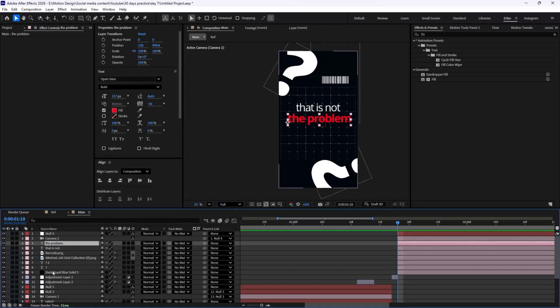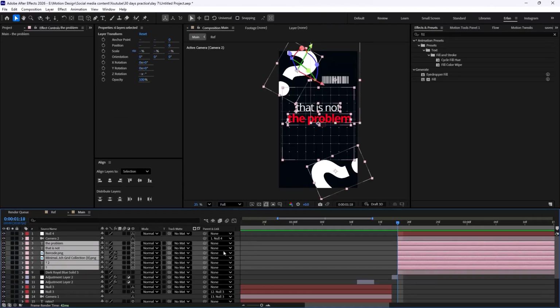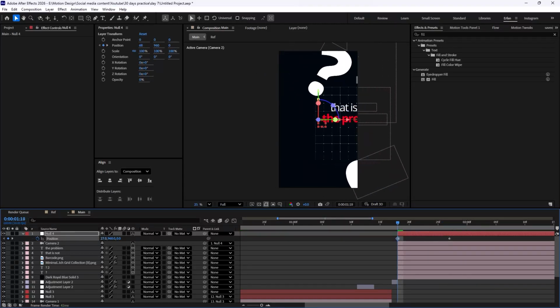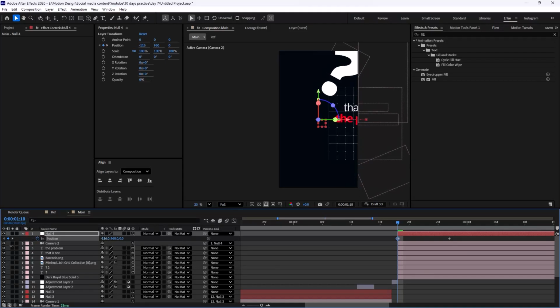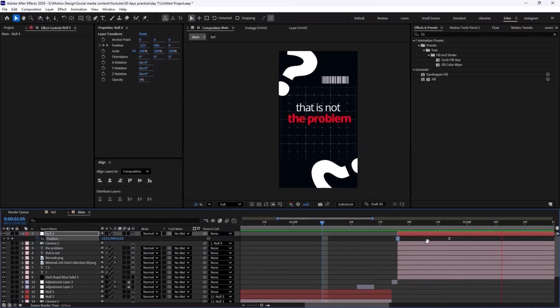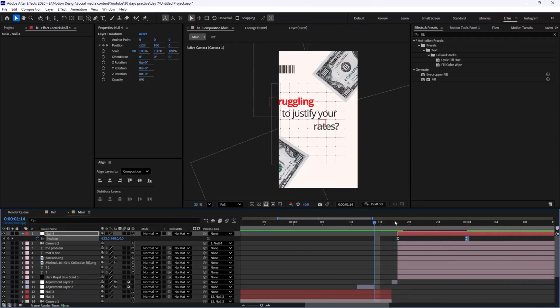Also, we're gonna just select these layers, and we're gonna just set them on 3D as well. Now, we're gonna just press P to reveal the position. We're gonna go about a few frames forward. On the first frame, we're gonna just slide it towards right, like this. Okay, that should be good. We're gonna press F9 to apply the standard easings on the graph editor. I'm gonna just pull the left side to something like this. Okay, that looks super good.